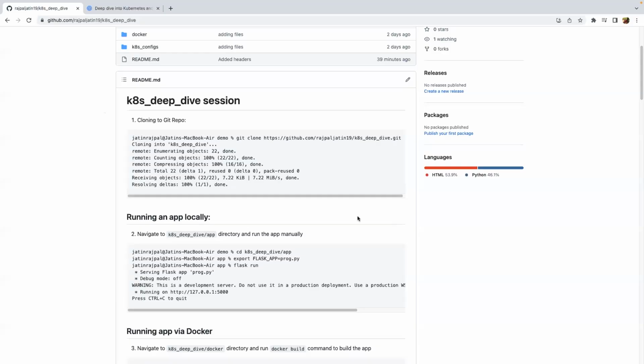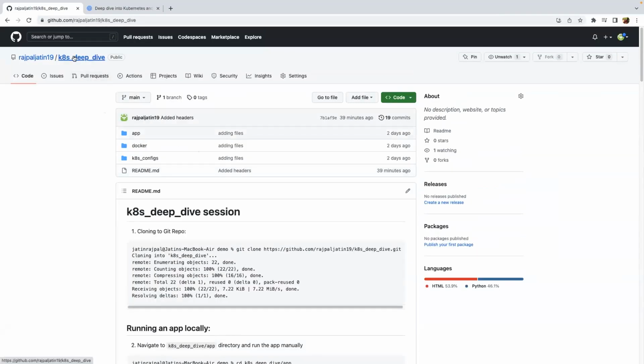This is a GitHub repository that I've created. It has all the steps. I'll request the mods to share this repository and the slide deck with you guys, so that you should be able to run it on your systems, as you need. Okay, so we'll be able to share this across.